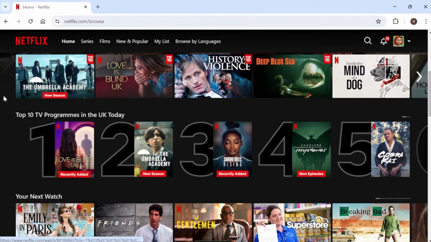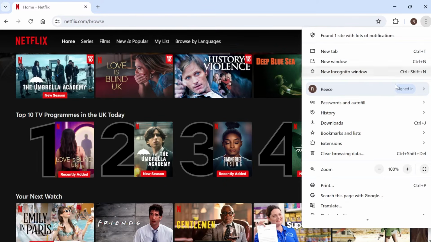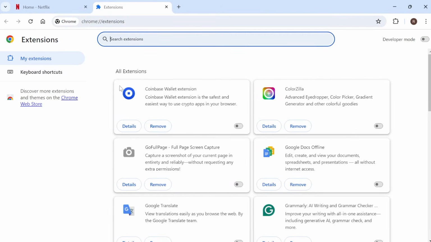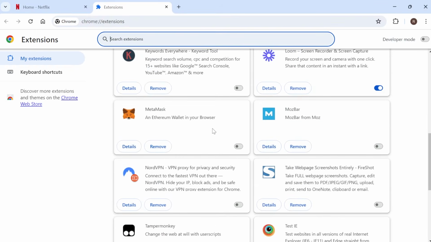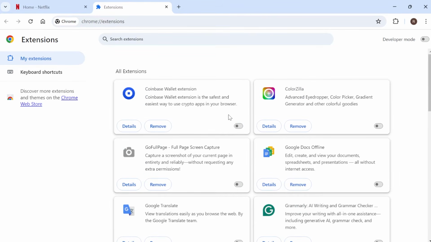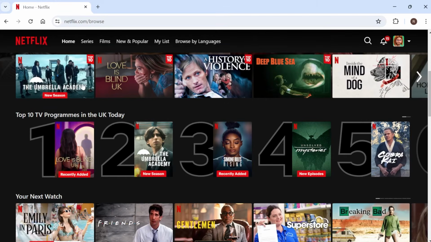If you're still getting the flickering, then another thing that could be causing this is your third-party extensions. So what we need to do is just come back over to these three dots and come over to Extensions, select Manage Extensions, and then just go ahead and disable any extensions that we have enabled inside of here. And how you do that is you simply just toggle this button on and off here. So I've already got all of mine disabled, and then once again you can check to see if that fixes